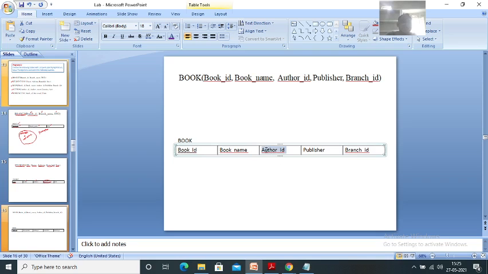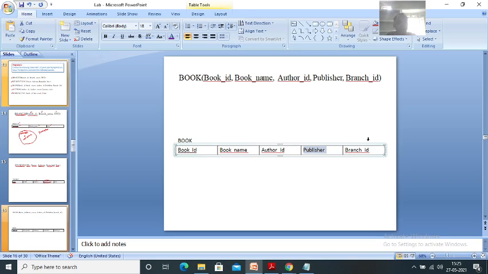That time author ID is a foreign key here. Got it? And every book will be having the publisher. Every book will have a publisher, such as Pearson, etc.